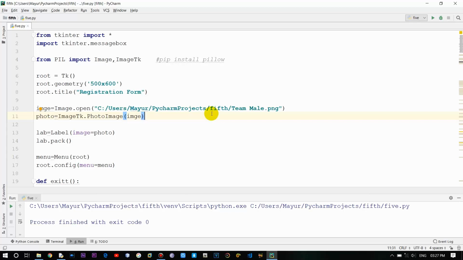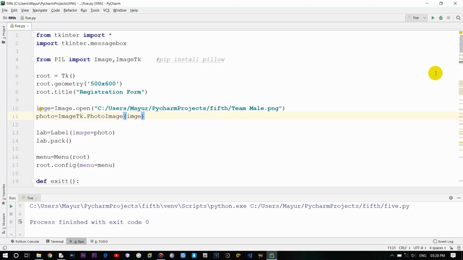So after a successful registration, I want a new login window, that kind of situation. So here I'll just show you a small demo of how you can create a window within a window in Tkinter,